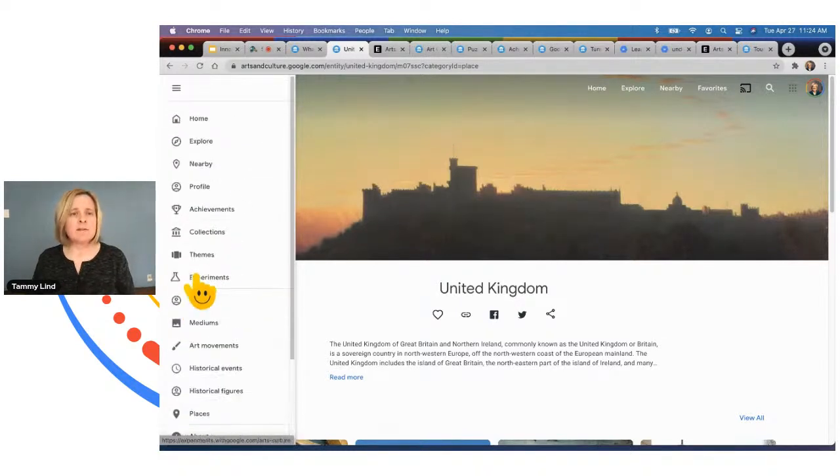What I would like to do now is I want to take some time to really highlight